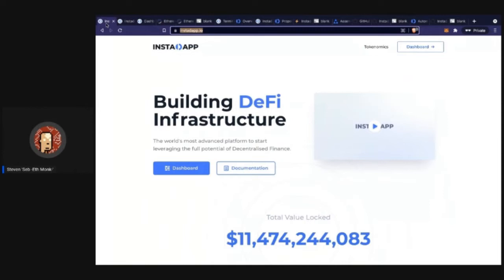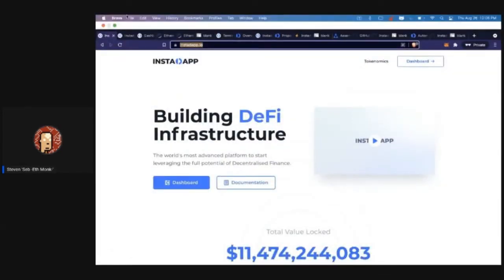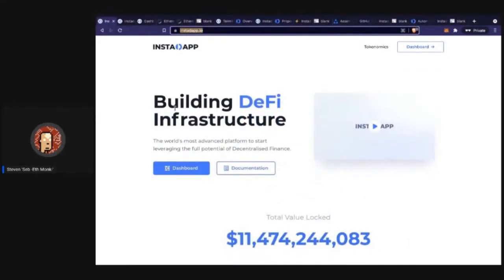Later on, around 2019, Compound released the COMP token, and users flocked to us to leverage up their position and increase their COMP earnings. So that was really big for us. And then most recently, we have become a more decentralized protocol by launching our INST token. So I'm going to play this quick video. It is a little high level, but I'll go back and talk about these different components.